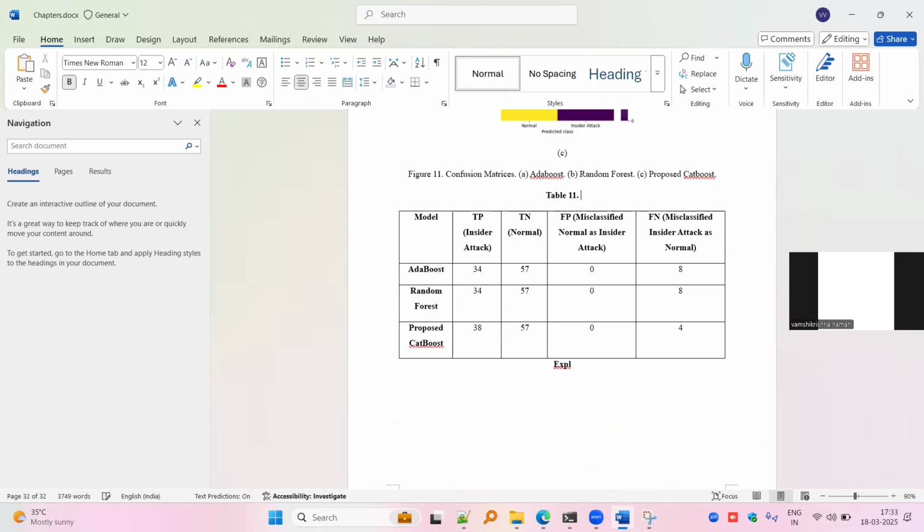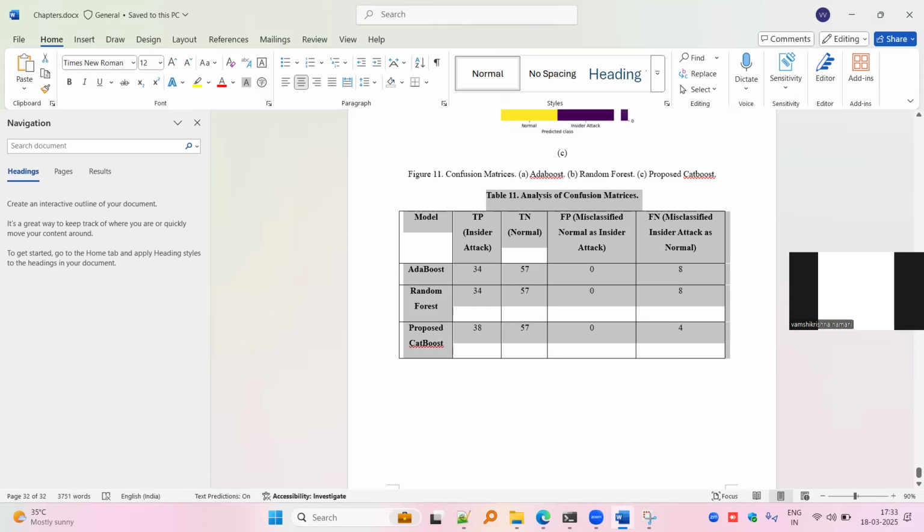Analysis of confusion matrices. Type that spelling exactly. Yes, again copy the table back,